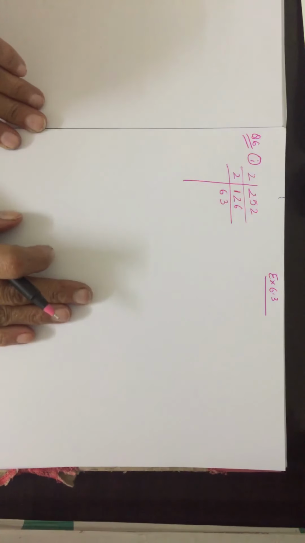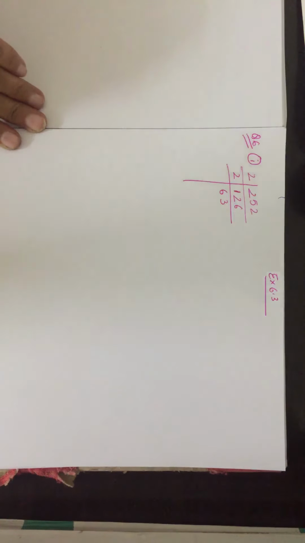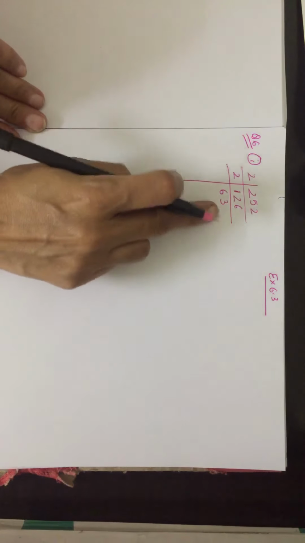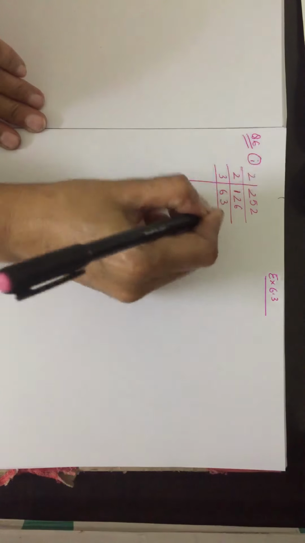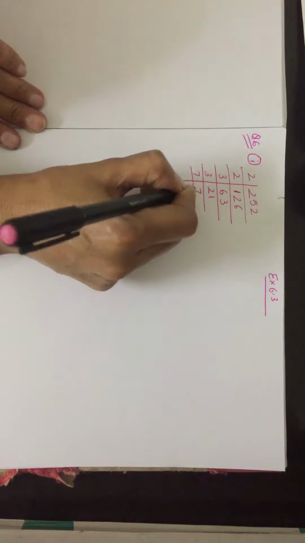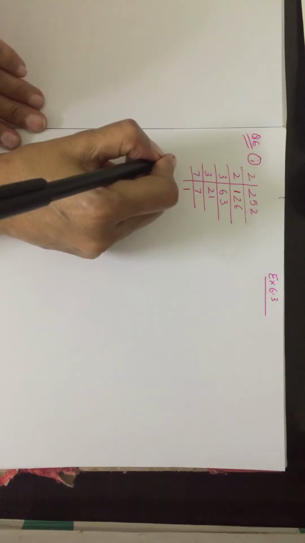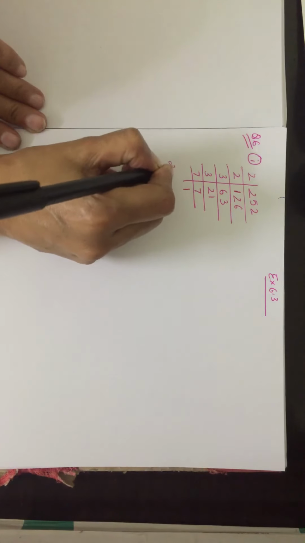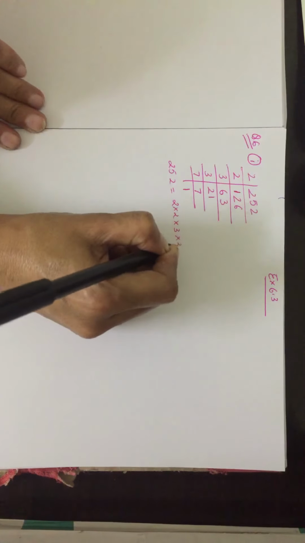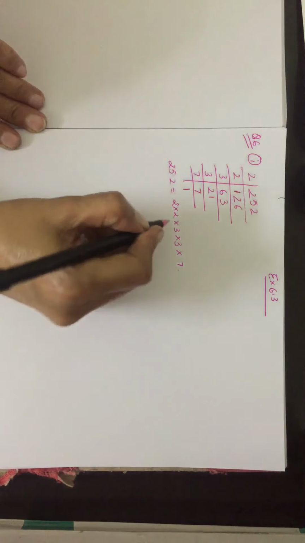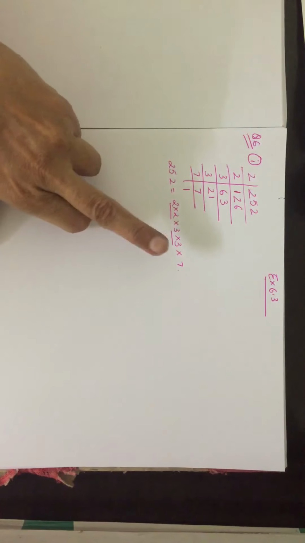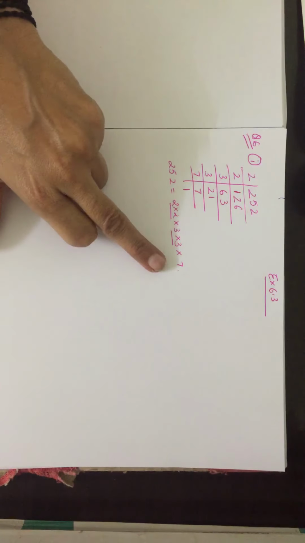Whenever we are doing prime factorization, you must keep in mind that we must start dividing by the smallest prime number. Now, 63. Let us divide by 3. 3 twos are 6, 3 ones are 3. Then 3 sevens are 21 and 7 ones are 7. So, now what are the prime factors of 252? 252 is equal to 2 multiplied by 2 multiplied by 3 multiplied by 3 multiplied by 7. Start making the pairs. 2 is in a pair, 3 is in a pair, but 7 is not in a pair.